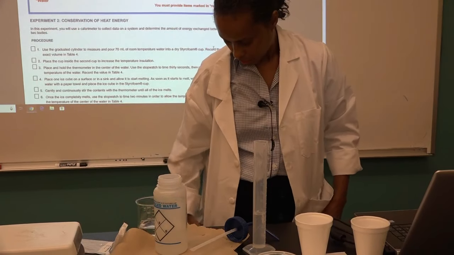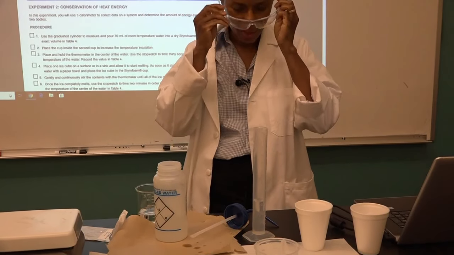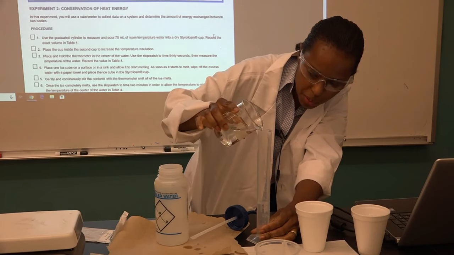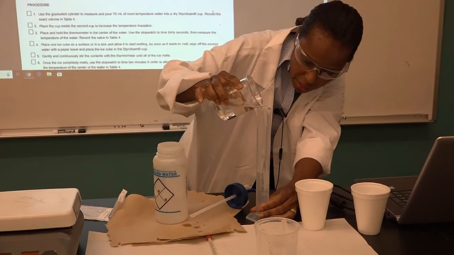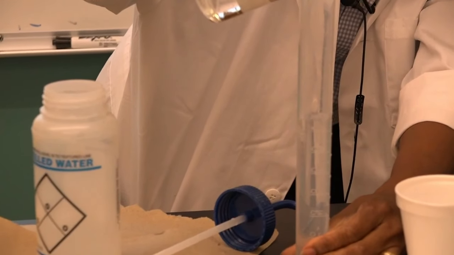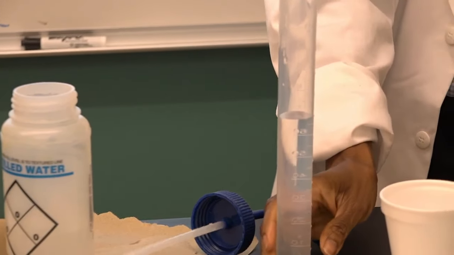Even though it's water, we still have to follow safety and put on our goggles. And we're going to pour the water in here and make sure it's reading 70 with the meniscus. That's the proper technique. So we have 70 ml of